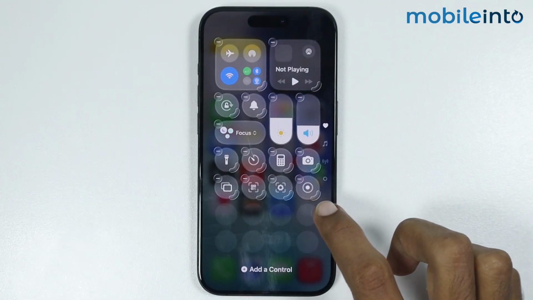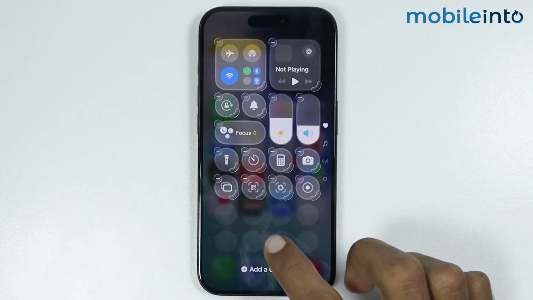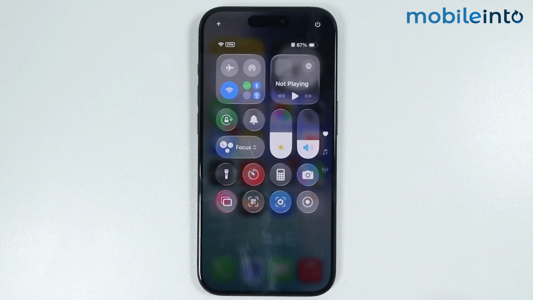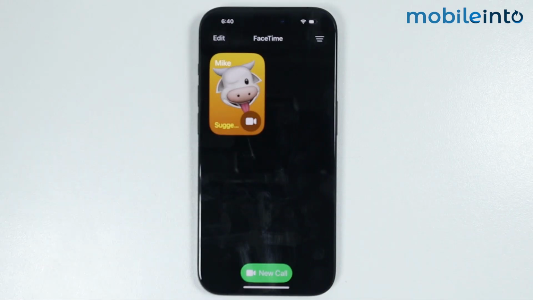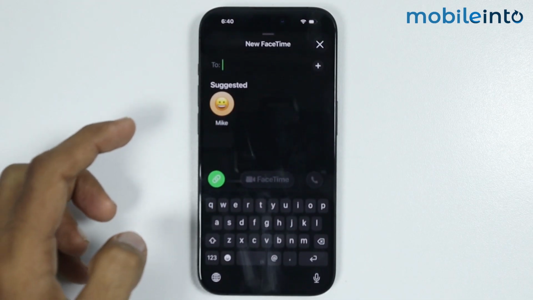Now once you add the screen recording option to the control center, just tap on the empty space to save the changes. Now from here, if you go to the home screen and open the FaceTime, now if you start a FaceTime video call,